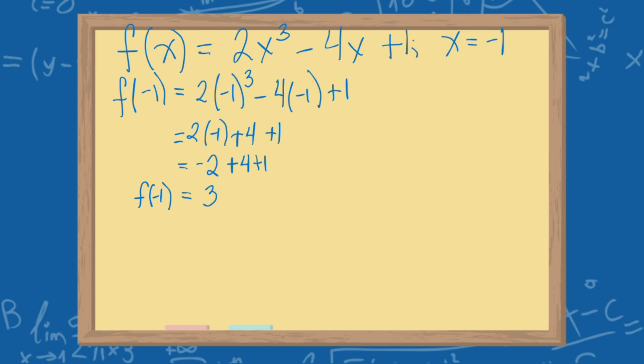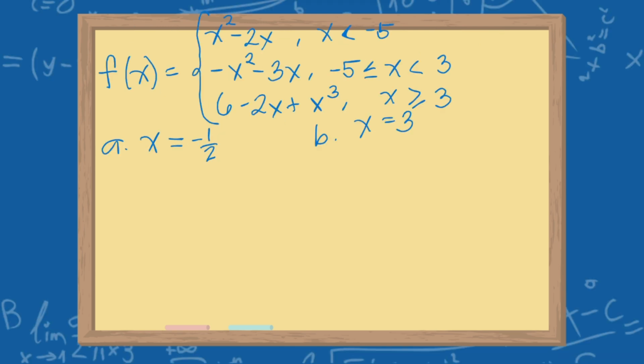And for our last example, by using this piecewise function: x squared minus 2x if x is less than negative 5, negative x squared minus 3x if x is greater than or equal to negative 5 but less than 3, and 6 minus 2x plus x cubed if x is greater than or equal to 3. So in this case,